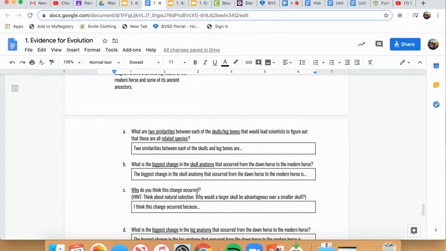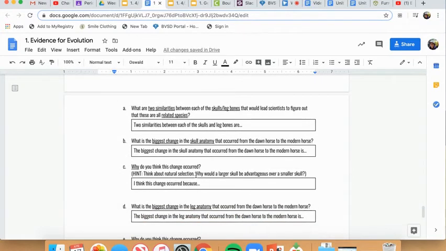Why do you think this change occurred? And I give you a hint. Think about natural selection. Why would a larger skull be advantageous